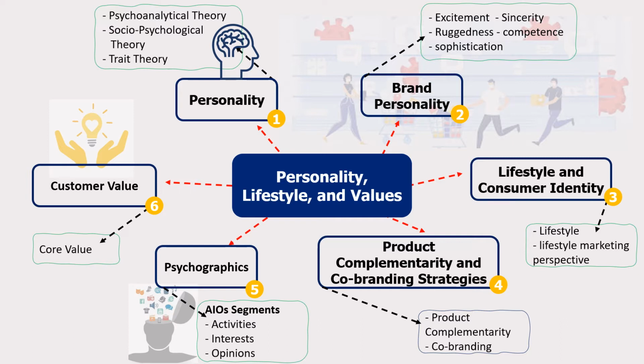So let's start from the first one, which is personality. What does personality mean? Personality refers to a person's unique psychological makeup and how it consistently influences the way a person responds to his or her environment. Because every person on this planet has different personalities and marketers have to design accordingly. So the marketers have used 3 personality theories to describe consumers, and they are psychoanalytic theory, neo-Freud theory, and trait theory. So the first two have other names, which are Freud theory and neo-Freudian theory.